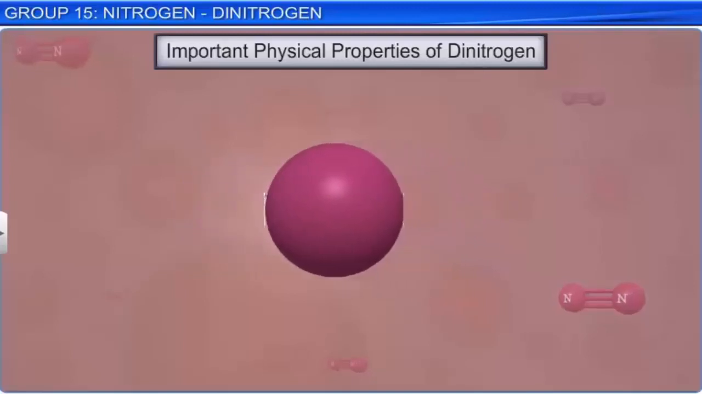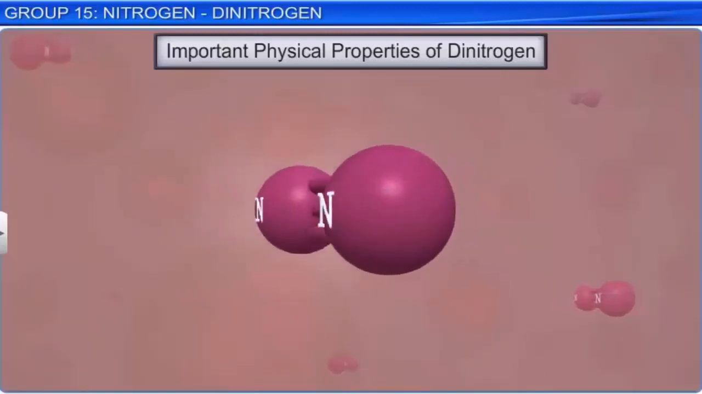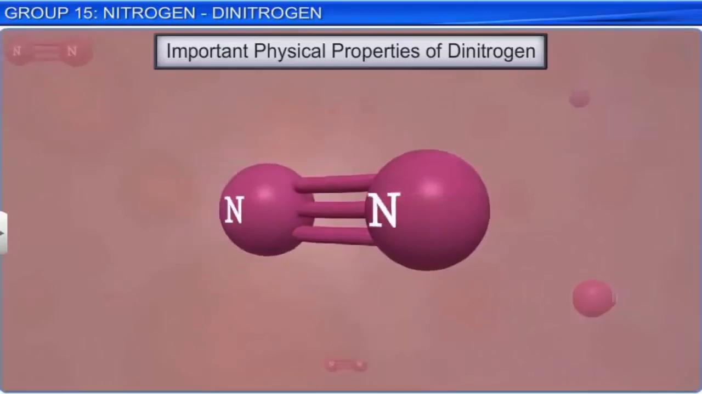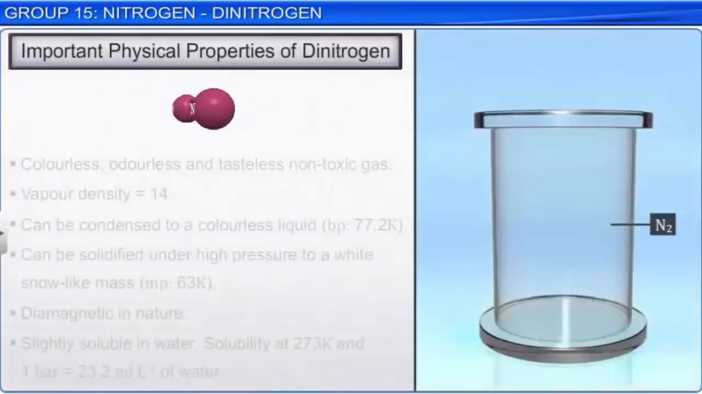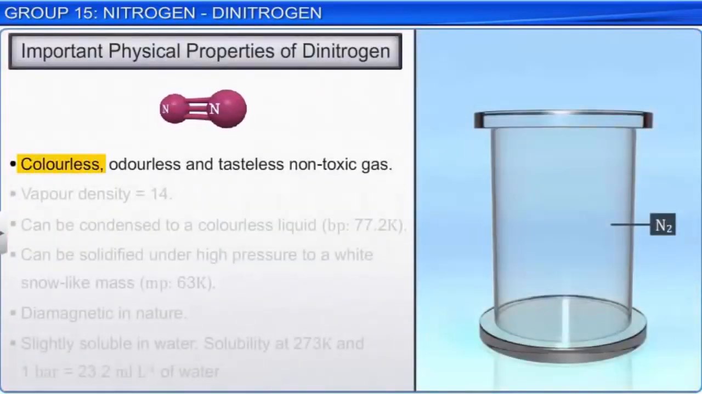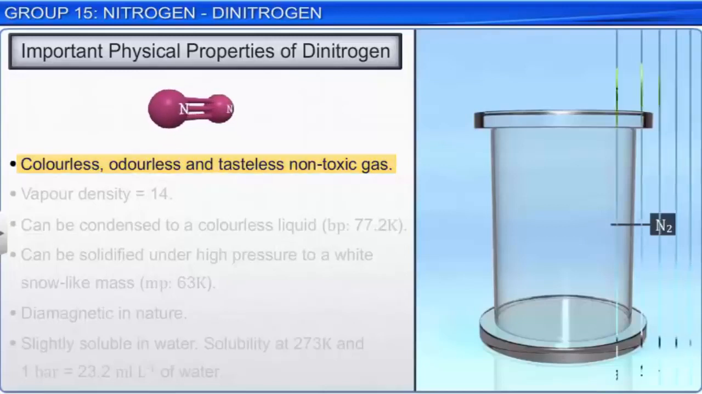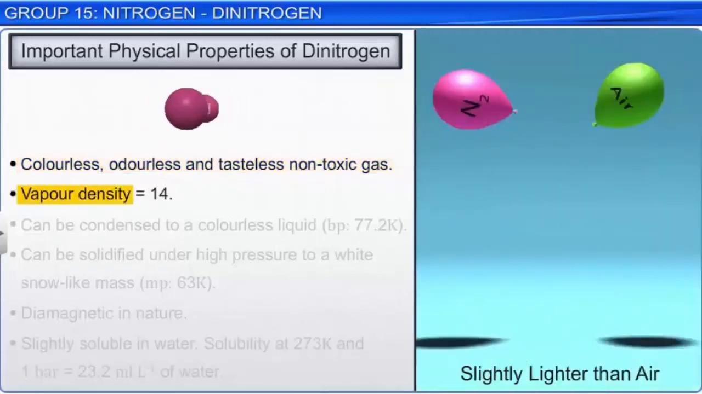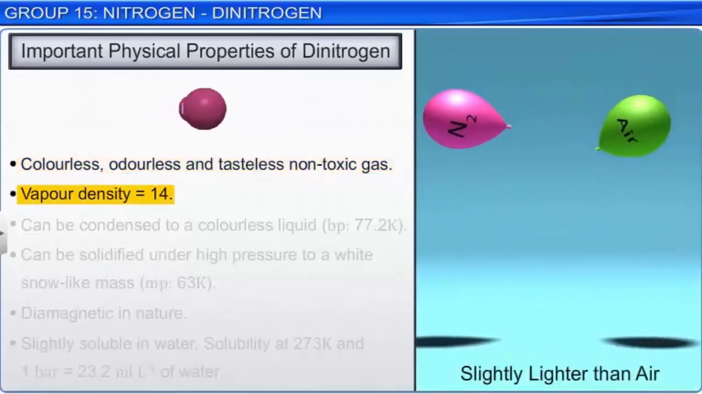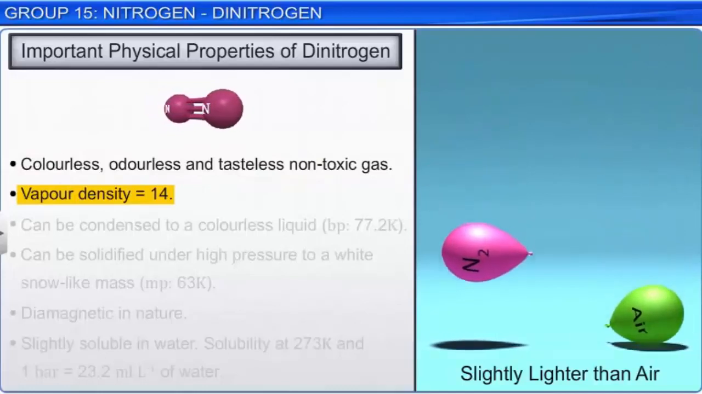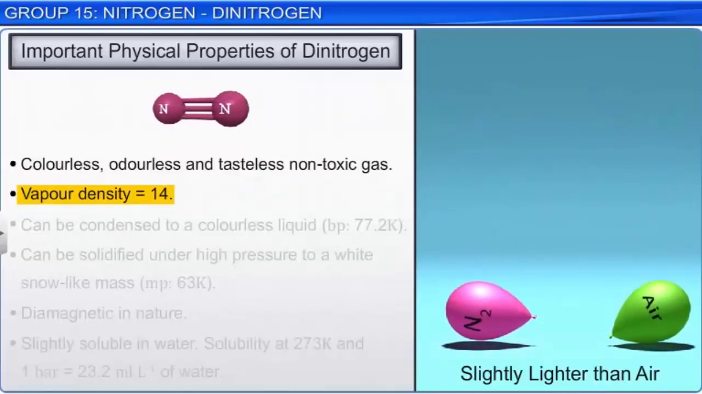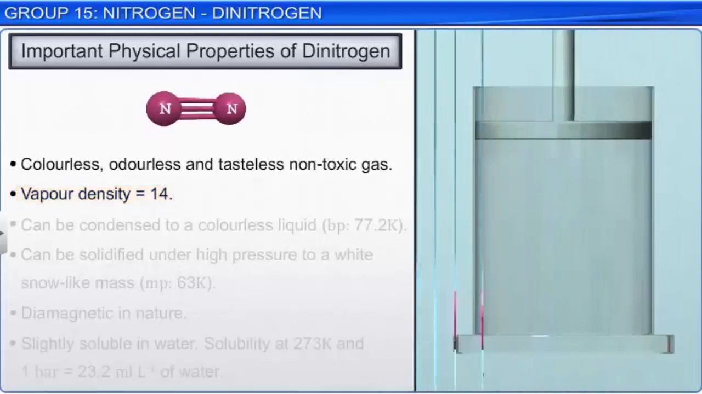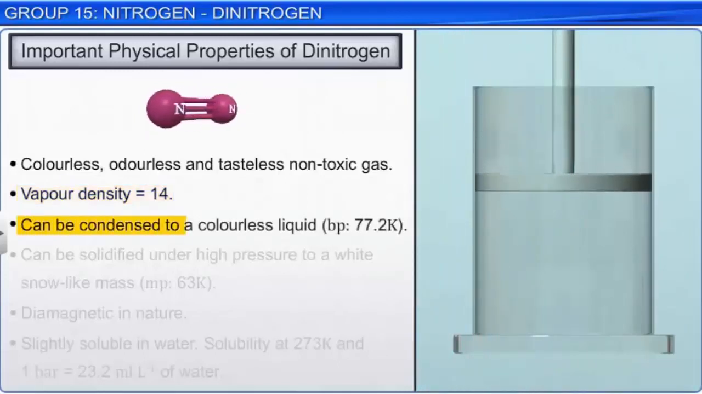Let us now look at some important physical properties of dinitrogen. Dinitrogen is a colorless, odorless, and tasteless non-toxic gas. Its vapor density is 14. Hence, it is slightly lighter than air. It can be condensed to a colorless liquid